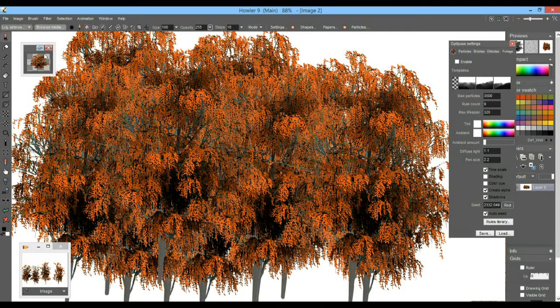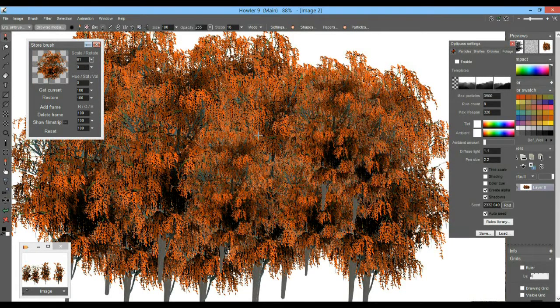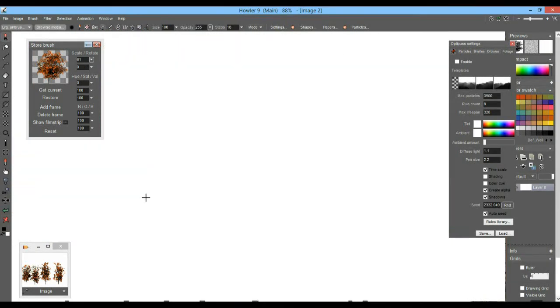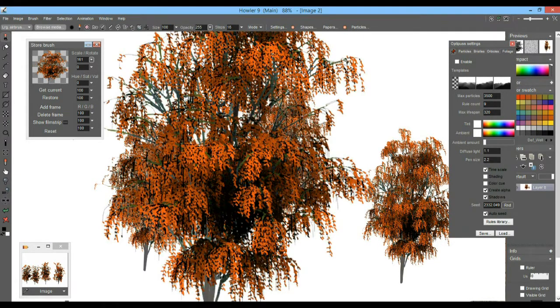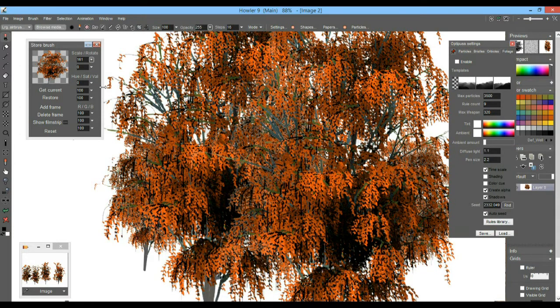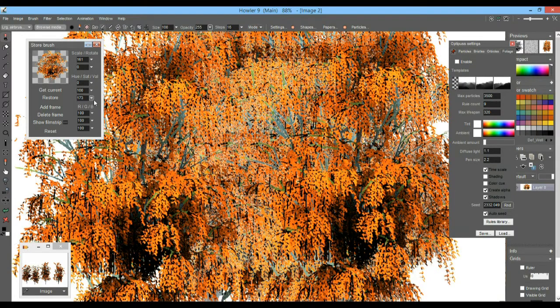Or even blue. So go ahead and open this brush, the stored brush again, and you'll notice you can adjust some of the parameters here, like the size of it. That's the scale. And so now we have a smaller version here. Let me erase this. You also can make it bigger within reason. You can also rotate it. Let's not do that, but you can change the hue, the saturation, and the value. So if you like it brighter, you can do so, and it's kind of a fiery tree now. Or you can make it more saturated,